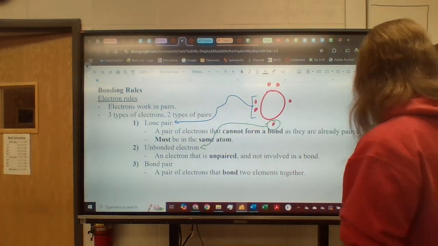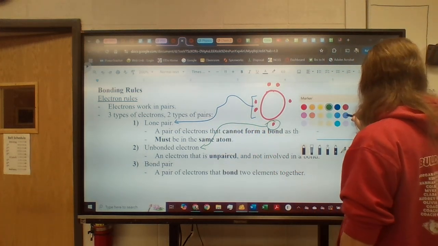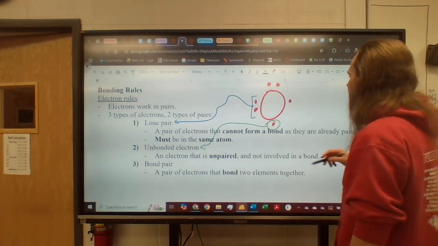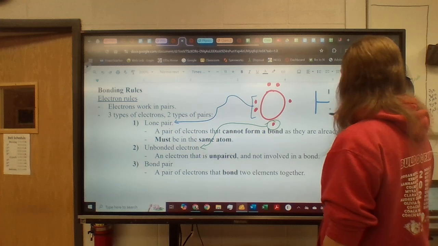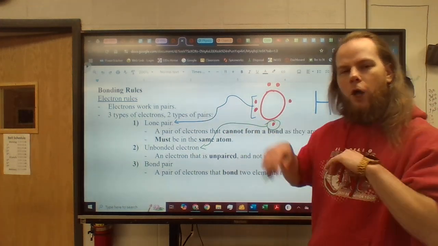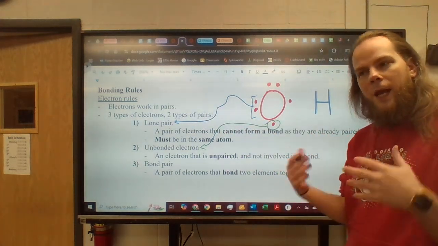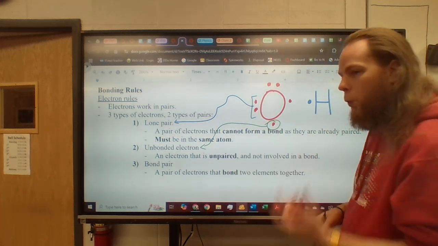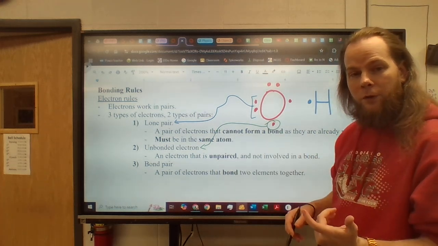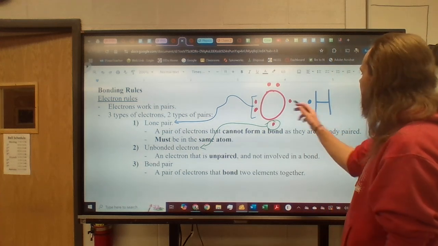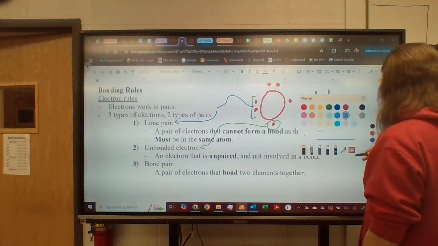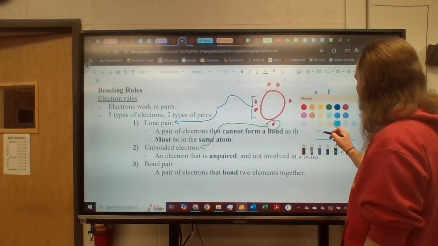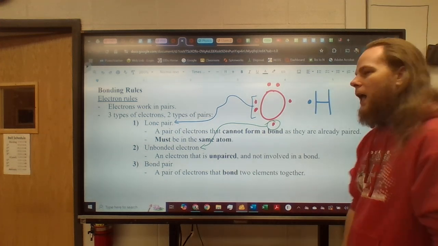The third kind of electron, I need to make this big again for this. If oxygen floats along and it finds a hydrogen atom, that hydrogen atom is going to have 1 valence electron. Well, both of these electrons are unpaired electrons. And the thing about unpaired electrons,